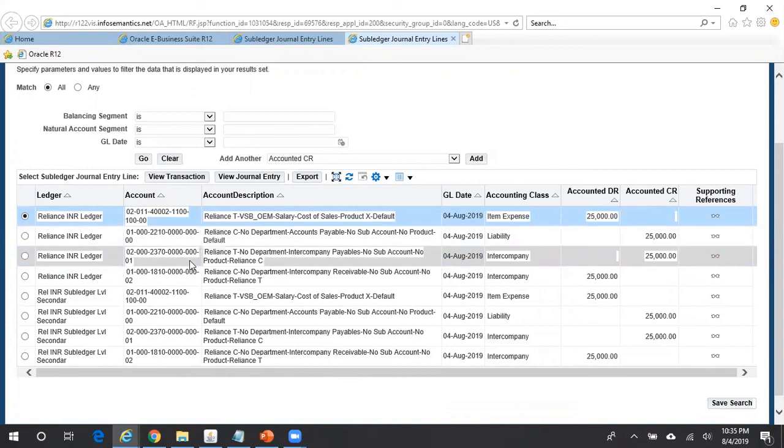But it is highly suggested not to change that automatic offset method once you have started using the transactions in that particular operating unit. So it is very much important to decide on the automatic offset method before you start using that or before you start entering the transactions under the particular operating unit. So basically, at the time of implementation you need to decide what exactly is the automatic offset method which you want to use.